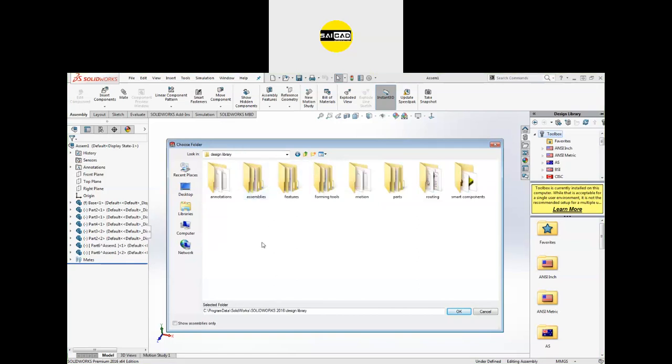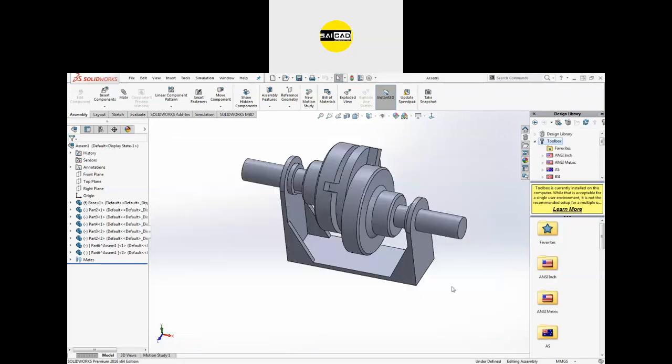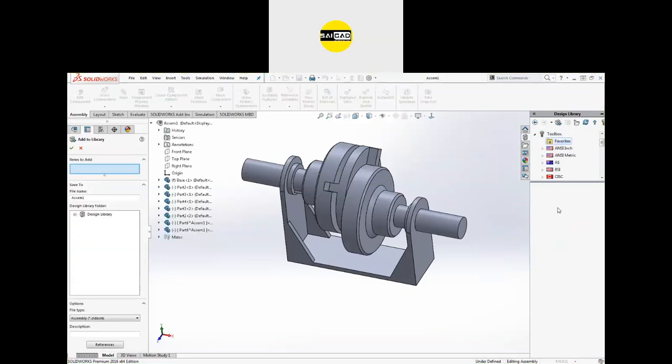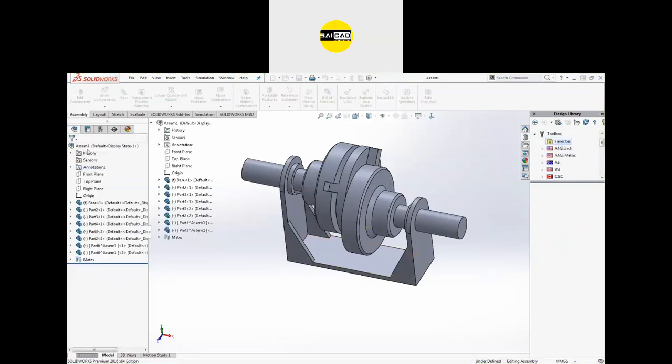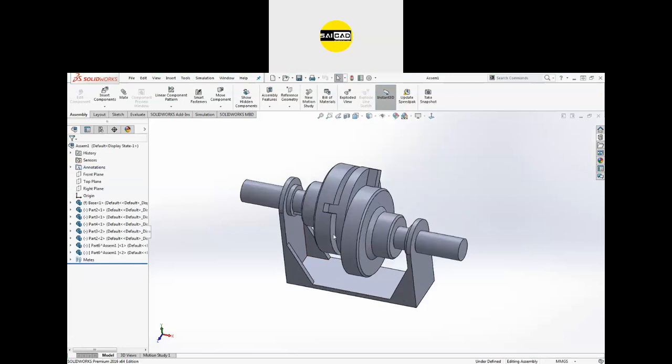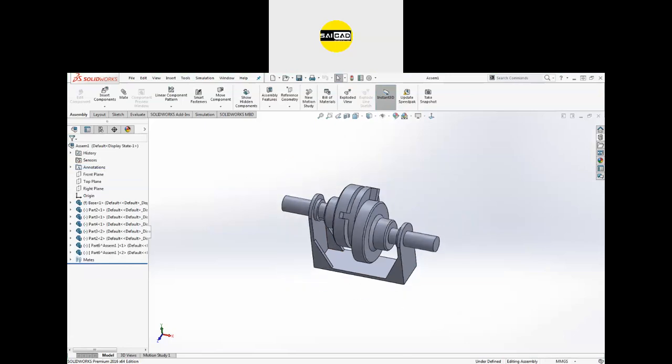So go to the design library and you can see your design library is this one. Click OK and you will see that we have a location. I have already installed it, that's why I will be having some problems here. If you go to the library, add the library you want to add.